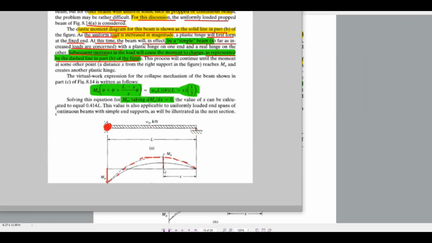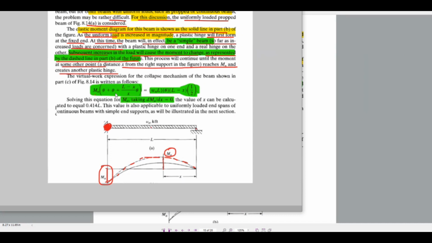So this will be Mn, this also Mn. Both will reach the Mn value once the load keeps increasing. This process will continue until the moment at some other point, at a distance x from the right support, reaches Mn and creates another plastic hinge. The virtual work expression for the collapse mechanism of the beam shown in figure 8.14 is Pn Mn